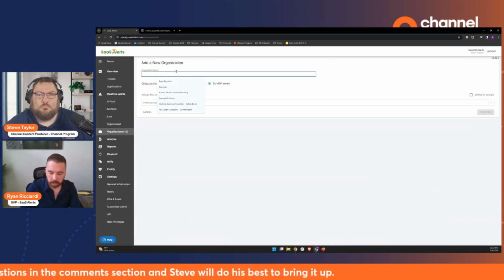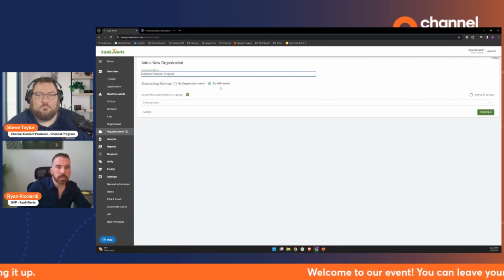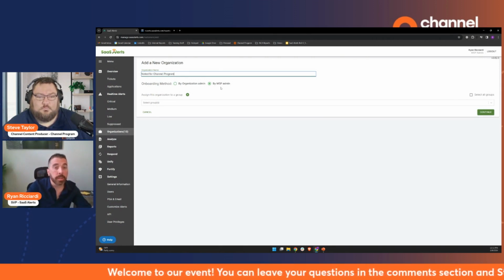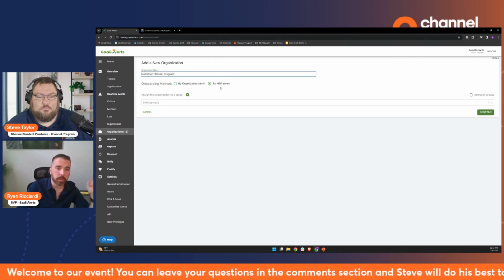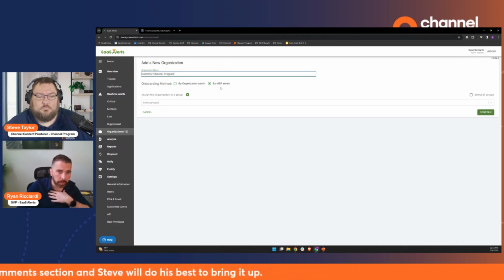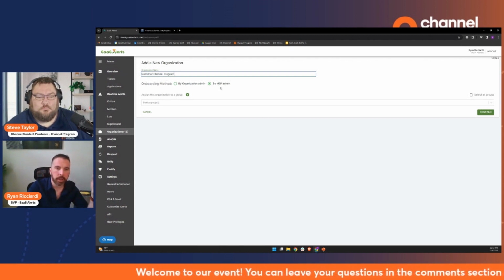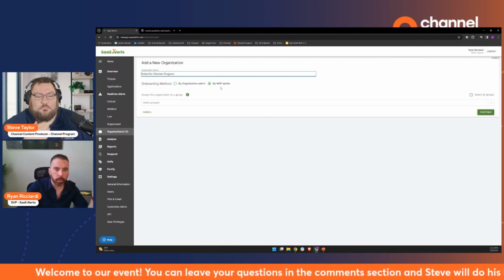It's very straightforward, and there's a couple of important points to note. I'm going to name it. We're the MSP admin. This makes the assumption that you guys have the global administrator credentials to work with the client. If you don't, you can go by org admin, which effectively generates a link which will forward their OAuth over to them, and then they can authenticate on your behalf. We do not store admin credentials. We encourage you guys to make sure you're doing it securely, of course. But we do install an enterprise app in M365, and we're primarily API based for most of the other ones. You can always break the connections.